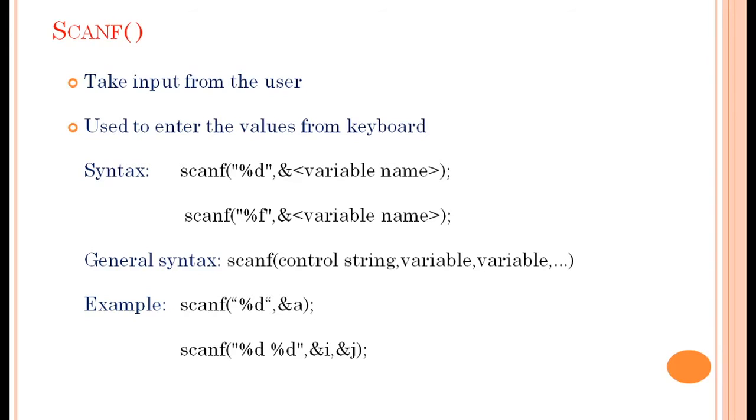When the user enters an integer, it is stored in the variable named a. Notice that we have used &a inside scanf. It is because &a gets the address of a, and the value entered by the user is stored at that address.